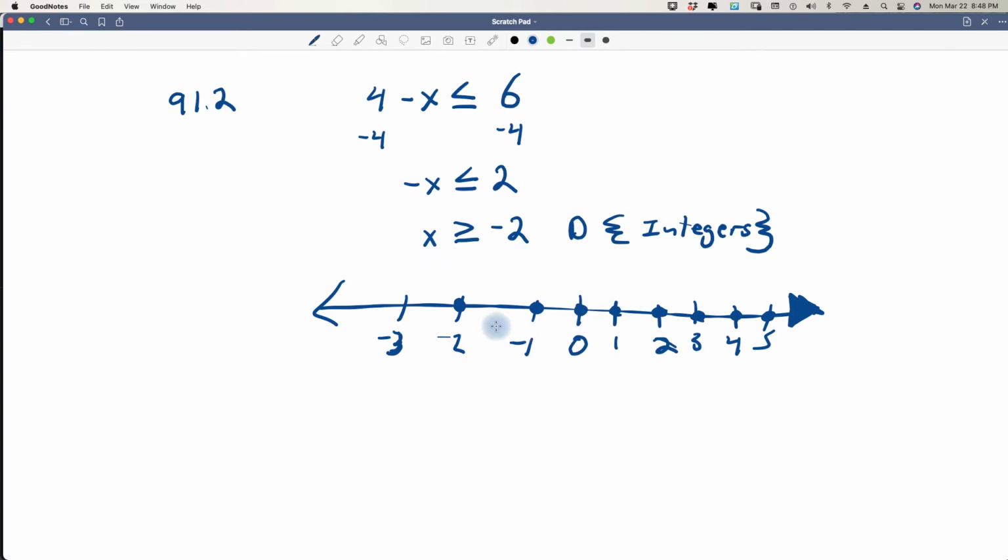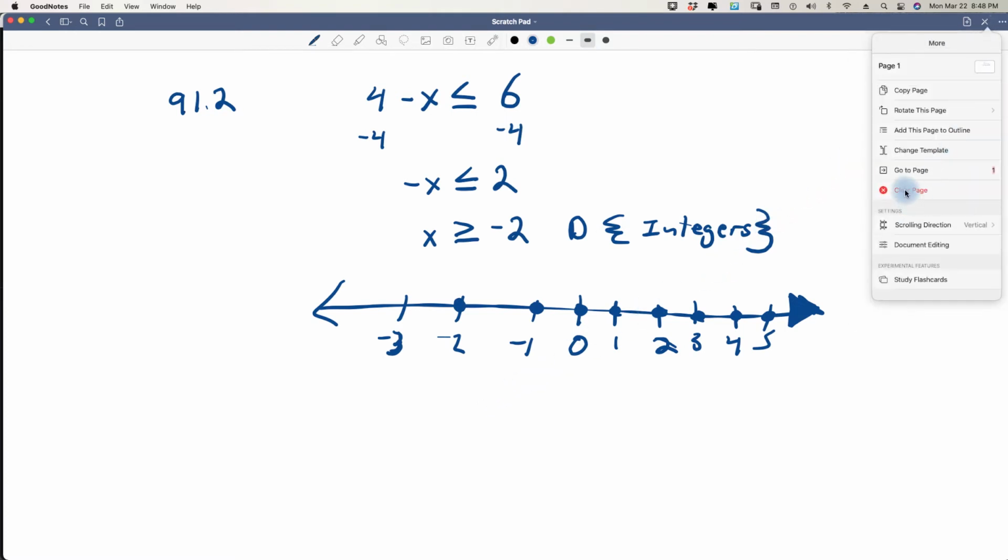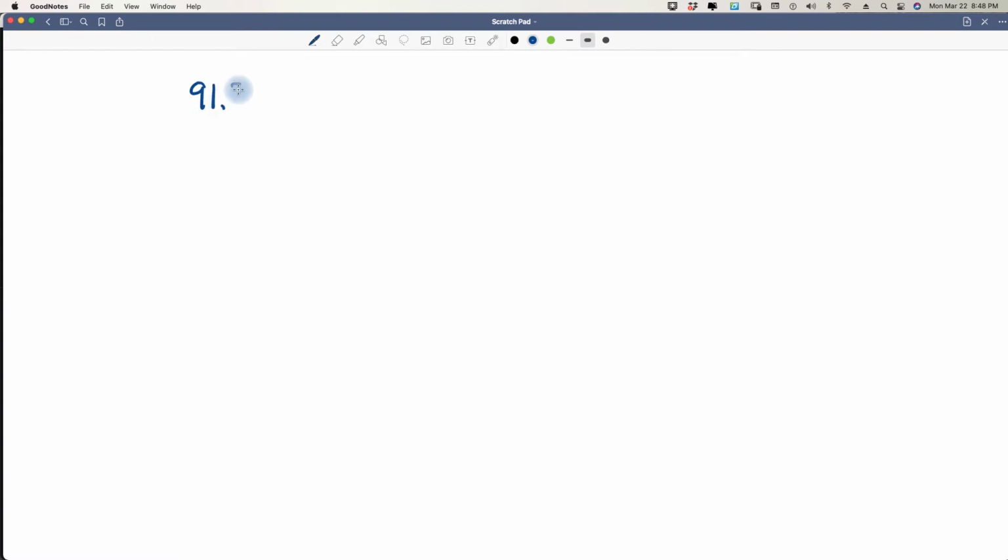So that's how we would graph integers. We do not mark the lines in between. We only dot the integers. Okay? So x is greater than means it's going to the right, or equal to, so we fill in the dot on the -2. And that's how we'd graph that response. Let's go on to 91.3. 91.3 says to graph the solution -3x plus 4 is less than or equal to 13, and the domain